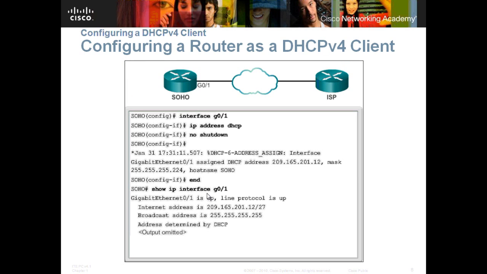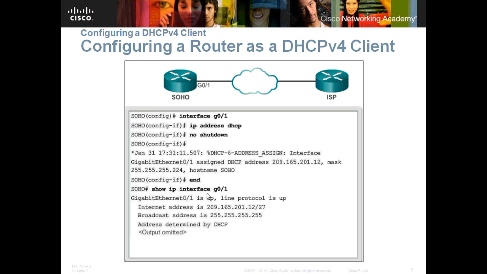And this is the way to configure our router as a DHCP version 4 client. In the previous Cisco CCNA curriculum, we didn't discuss this, but in the new curriculum, we have this material. So like, we have one router and we want one interface of the router as a DHCP client, so we can configure it.